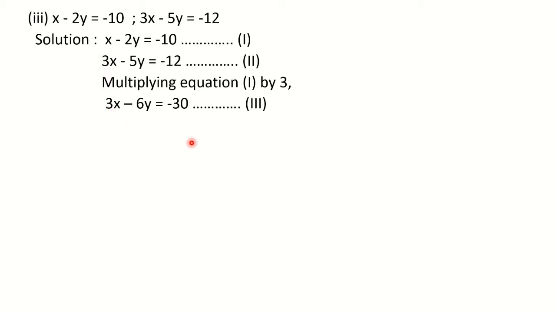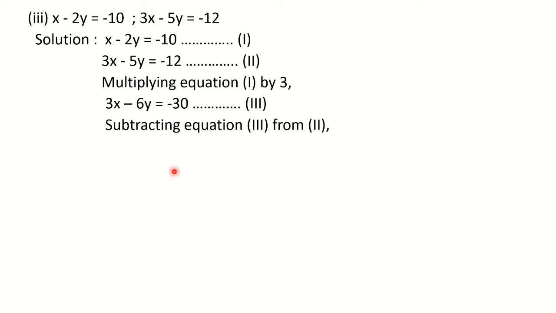Now the next step is to decide whether to add or subtract. I told you to observe the signs. If the signs are the same, you are going to subtract, because addition will not help us to eliminate x here. So we have to go for subtraction. Let us write down the statement: subtracting equation 3 from 2. That means the second equation will appear up and the third equation will appear below that.